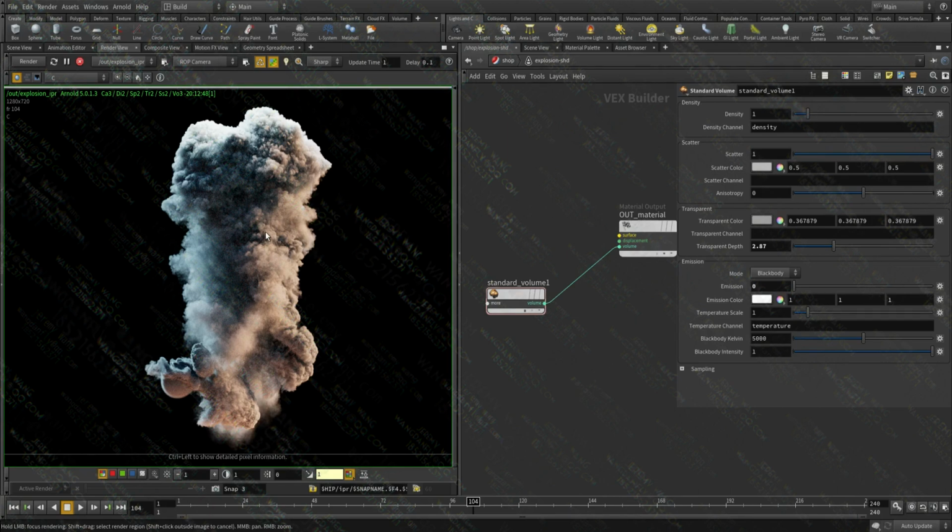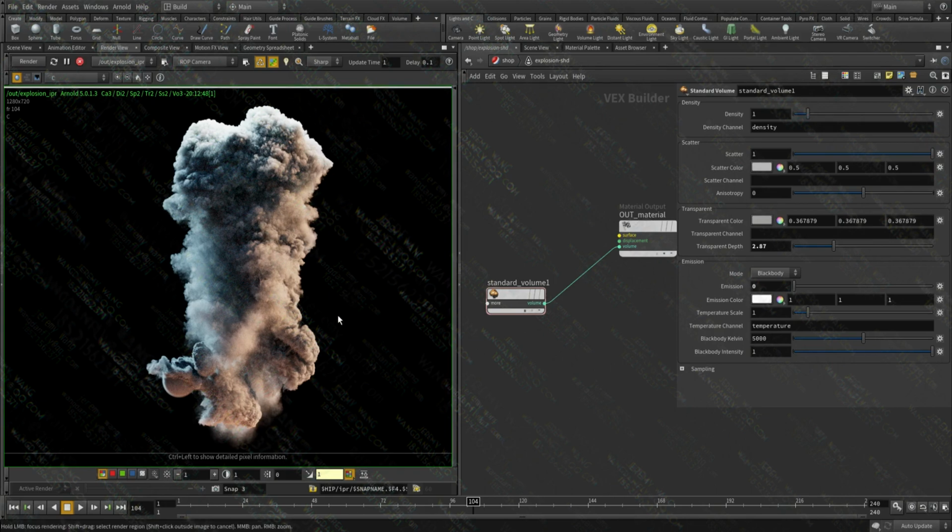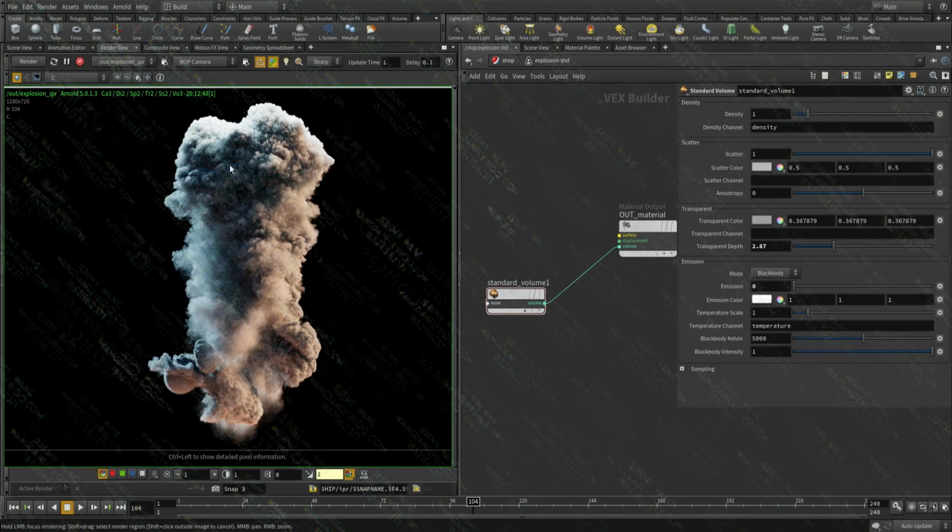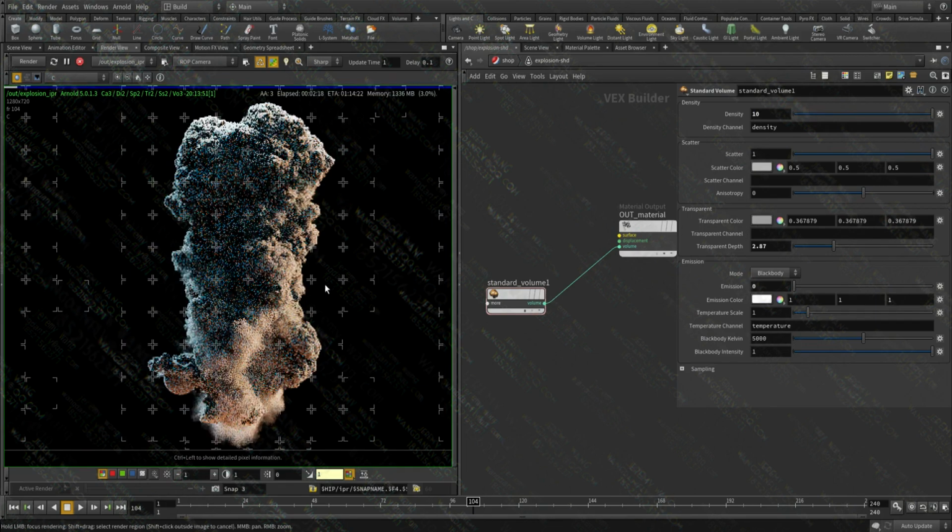Based on the intensity of the temperature field, you get different illumination, and to make that visible you have to lower all the lights and everything else. So it's very important to know what you're going for to start with. And in this case it's just smoke with no temperature or anything. Cool. So let's increase the density, see how it looks.